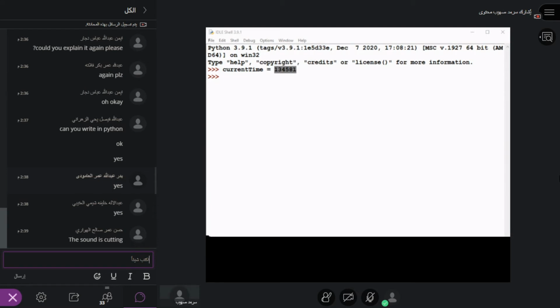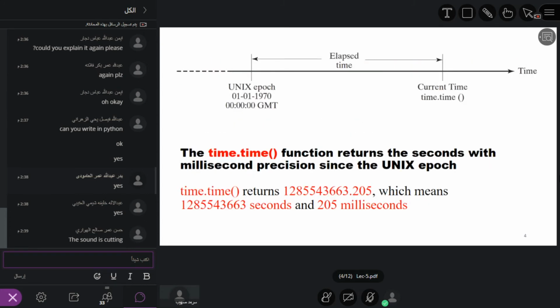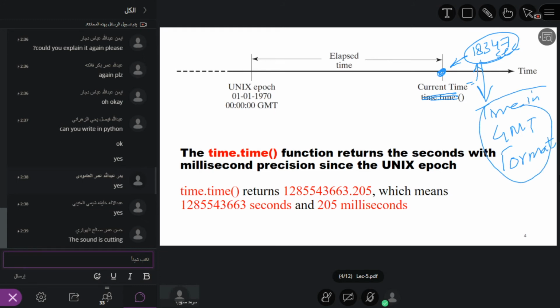So, let me get back to the slides and I will explain the assignment that you have to do. This is your assignment number 4, where you will replace the current time with your student ID. Think of it as the number of seconds that has passed since 1970. Let's imagine that you get 18347 seconds, and your job is to convert it into the time in GMT format. Don't use the time function; use current time as your student ID and then convert these seconds